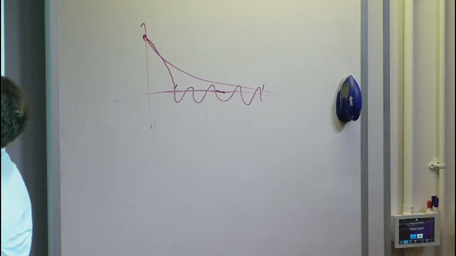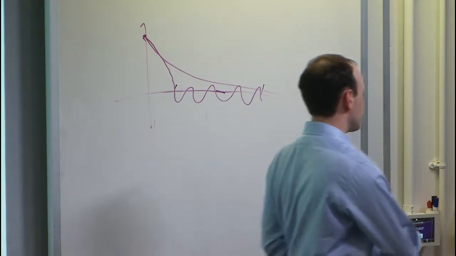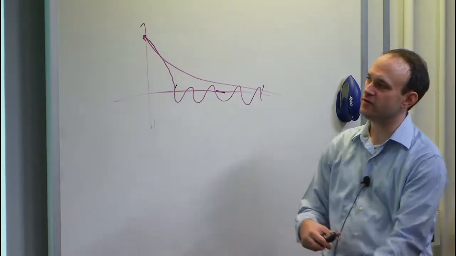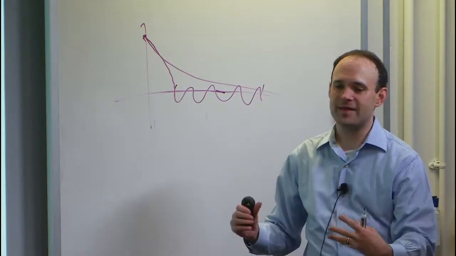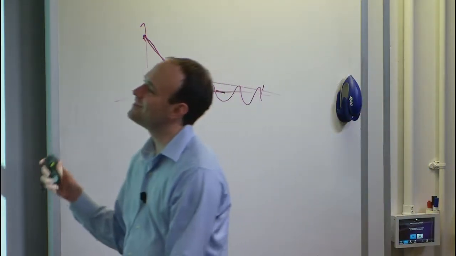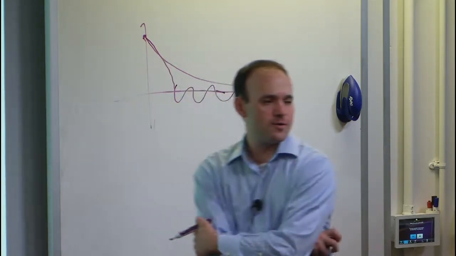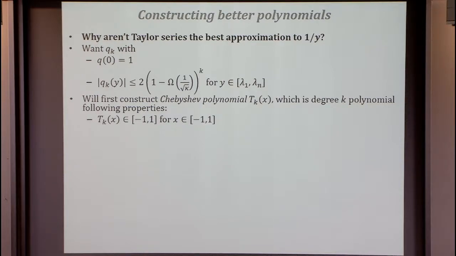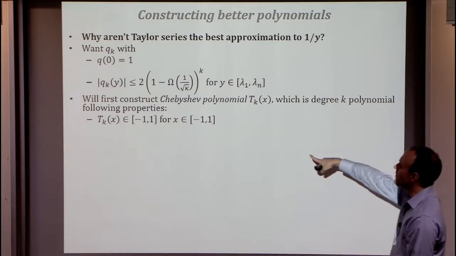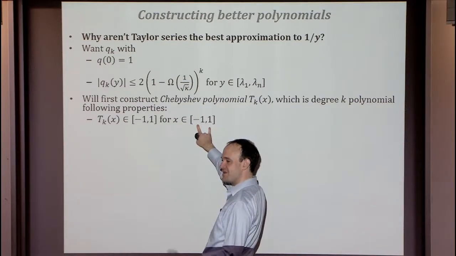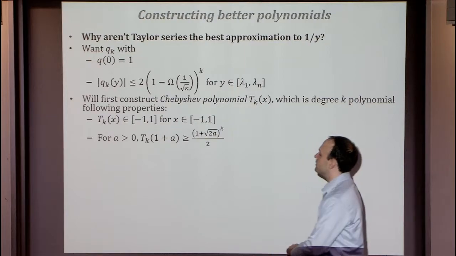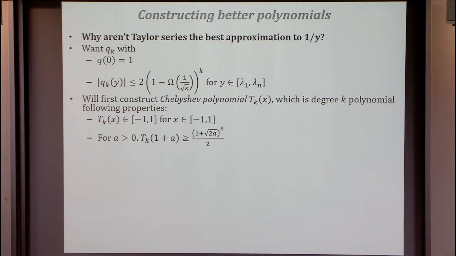And we're going to base our construction on Chebyshev polynomials. So let me tell you the properties we'll use about Chebyshev polynomials, use them to get the answer, and then tell you what they are. The properties we're going to use are just that it's nicely bounded between -1 and 1. So the actual polynomials we'll use are just going to shift this interval to -1, 1. Chebyshev polynomials are very nice and well-behaved inside -1, 1, and they blow up very strongly once you leave -1, 1.